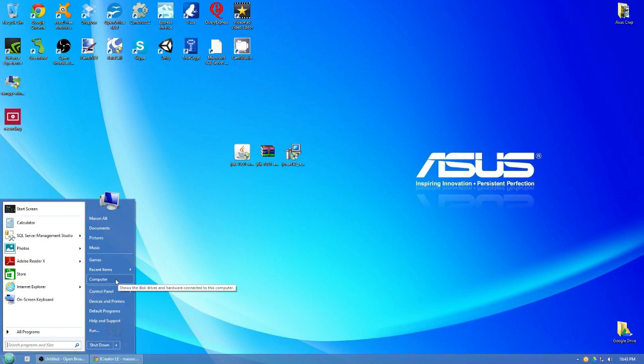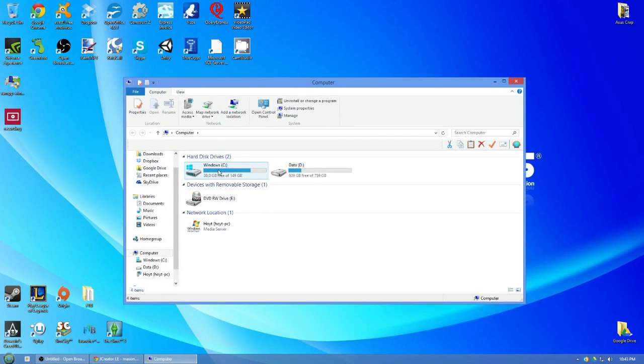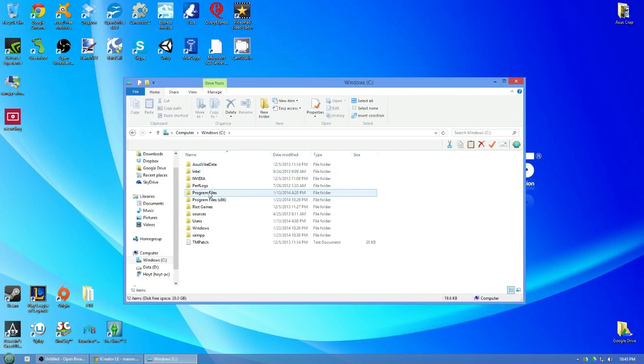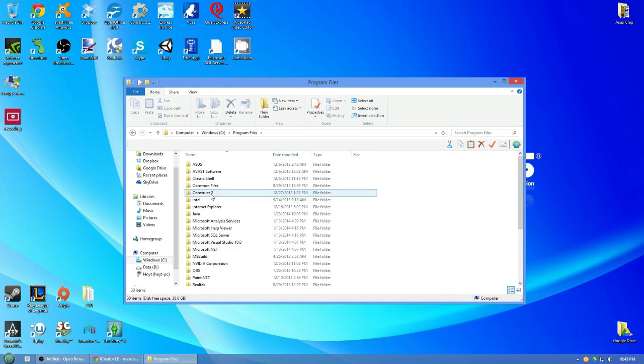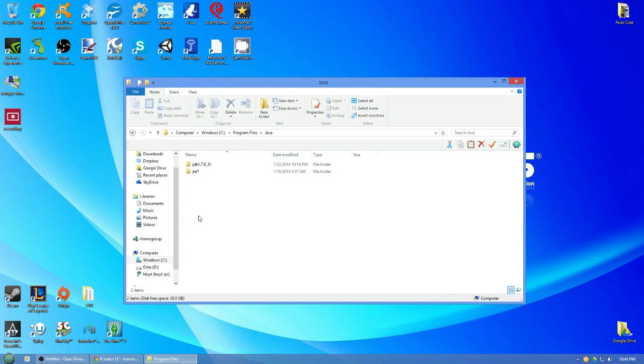So what you want to do is go to My Computer, click on your C drive or whatever drive you installed your Java on, which would be C drive in most cases. Program Files will be next, and then Java. You'll see you probably have a JRE 6 or 7 here. That's your Java that your computer needs to run Java applications. The JDK is what we're looking for, so find the JDK